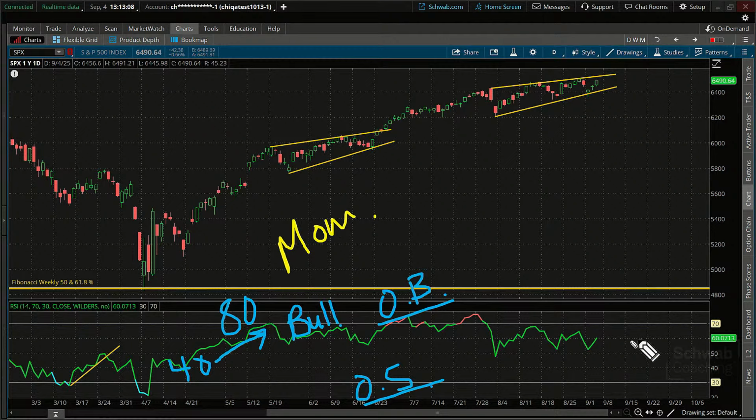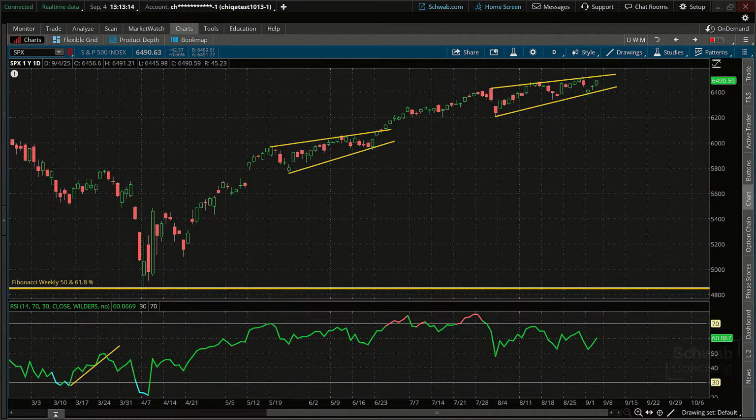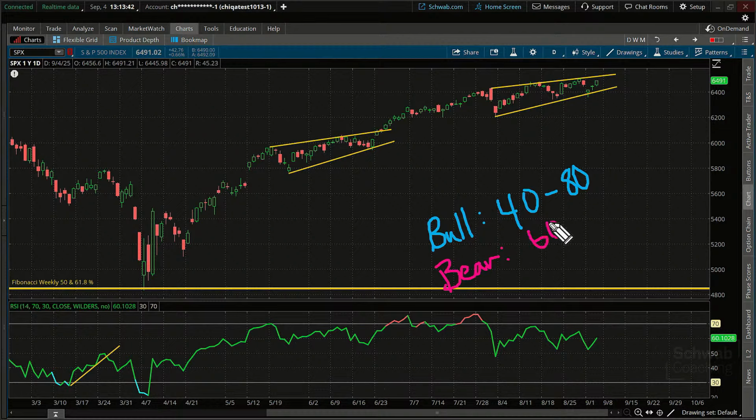On the flip side, so you've got 40 to 80 on the up end. So let's get this lined up right now. For the bullish range, we'll just put bullish over here. We're really looking for a 40 to 80 and indications of that. 40 to 80. Now on the bearish side, put in the bear here, we're going to be looking at really 60 to 20. And again, both of these tie clearly into momentum.